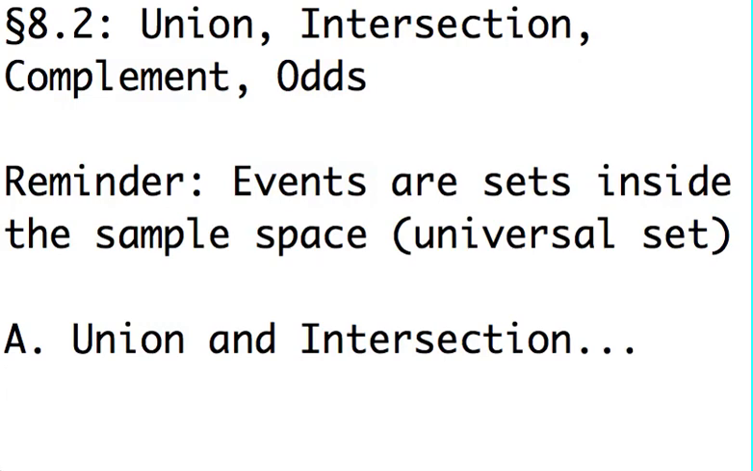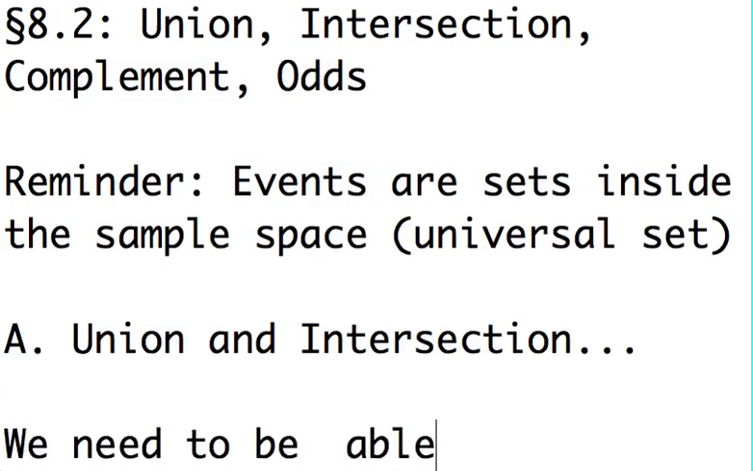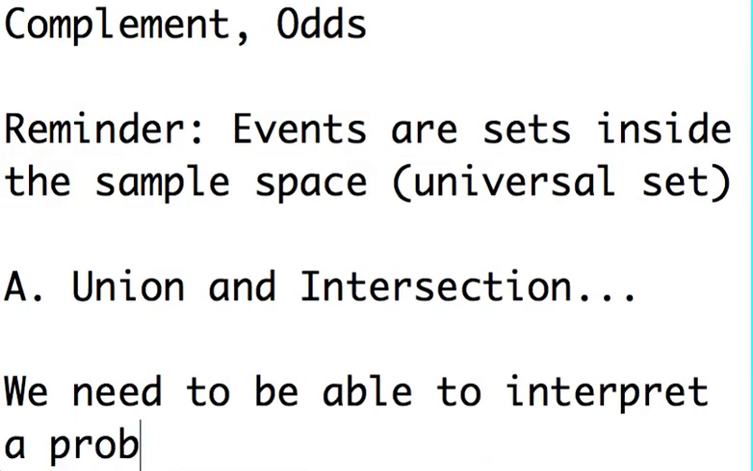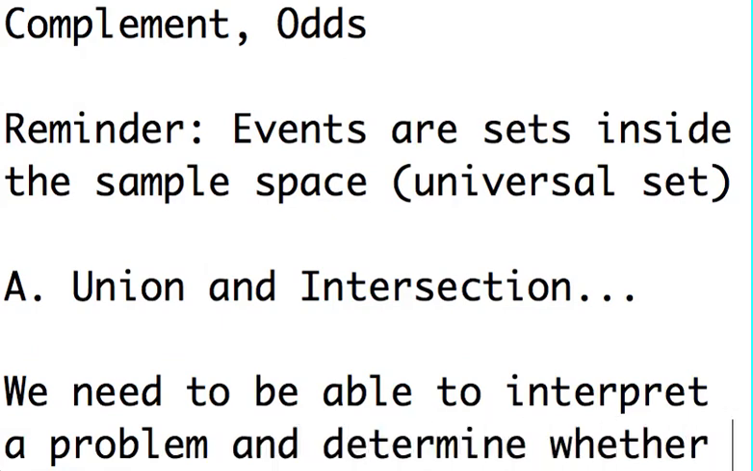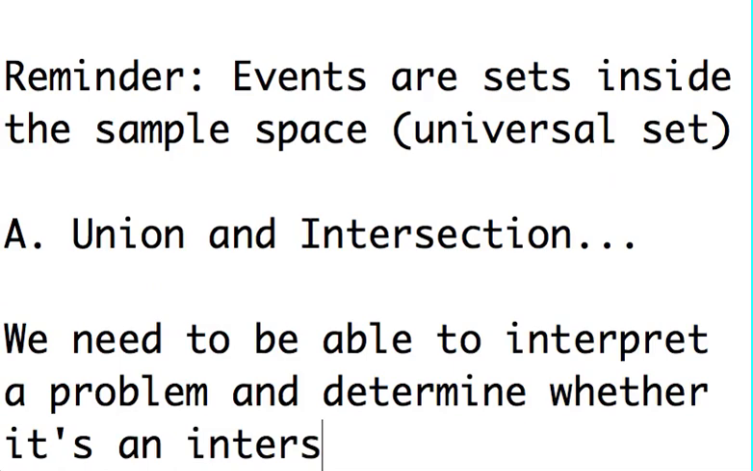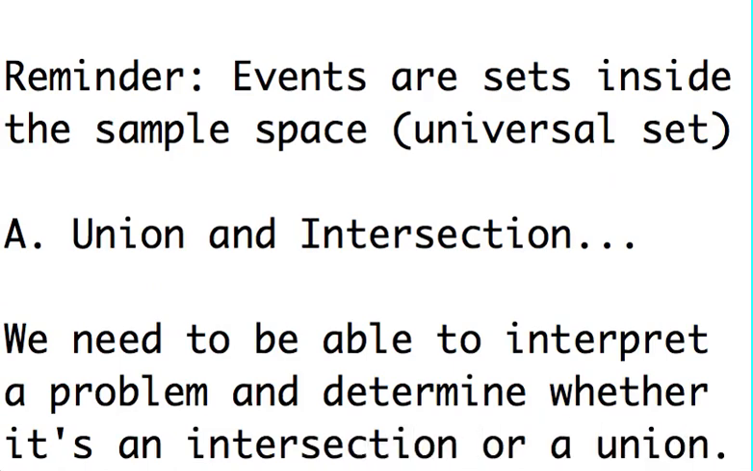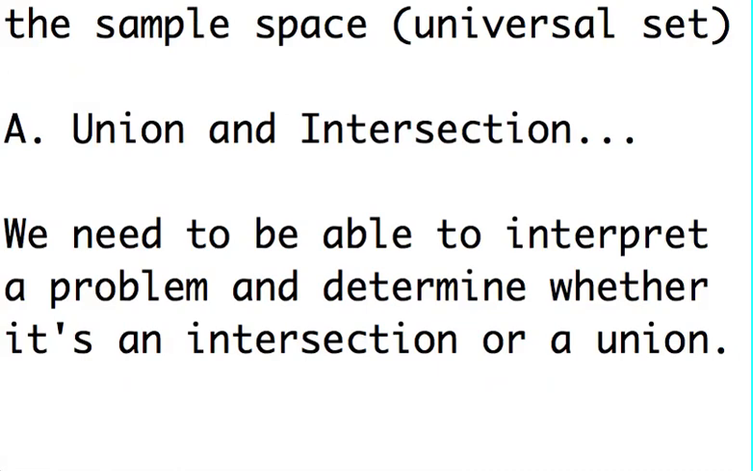Now, the easiest way, and this is only useful if the sample spaces we're looking at are pretty small, of computing the probability of a union or intersection is just directly counting. But the most important thing here is that we need to be able to interpret a problem and determine whether it's an intersection or a union, and also to figure out which counting technique to use. But at first we're just going to do something simple. So our first example,